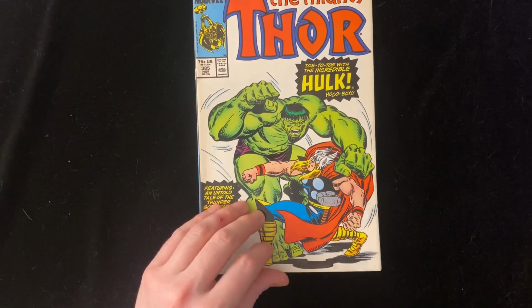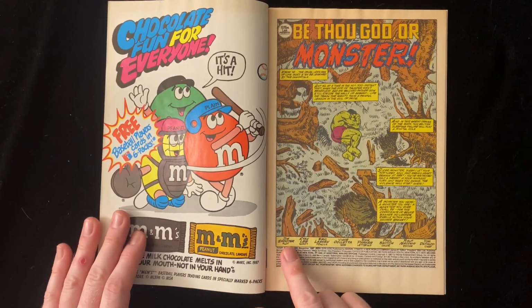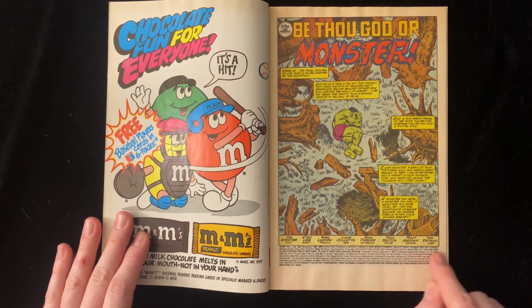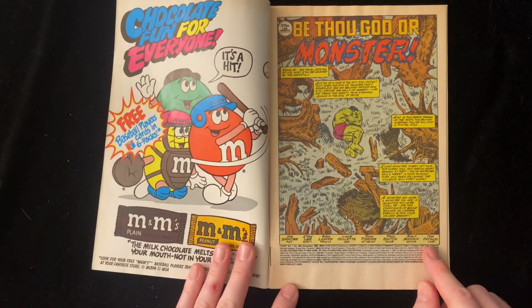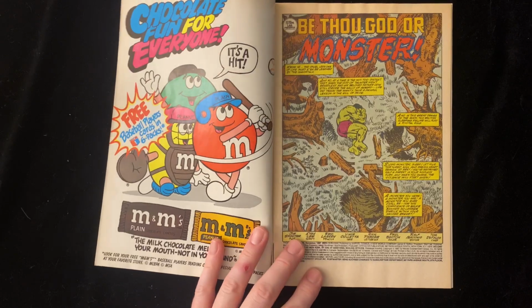The interesting thing about this book has actually to do with the past, I guess you'd say, because this is plotted by Jim Shooter, scripted by Stan Lee. What? This is a Tom DeFalco book. This is from his tenure as editor-in-chief. This has to be either the last or one of the last books that was on the boards with Jim